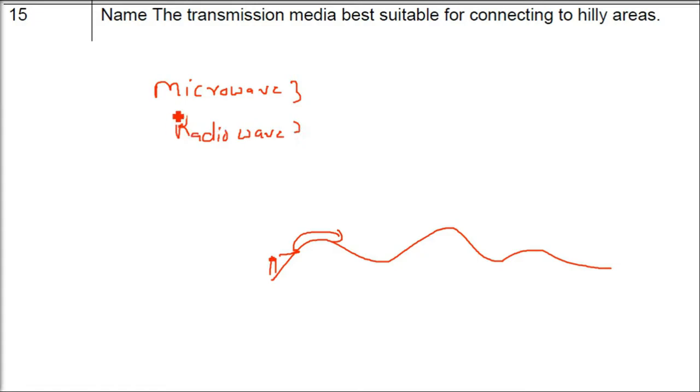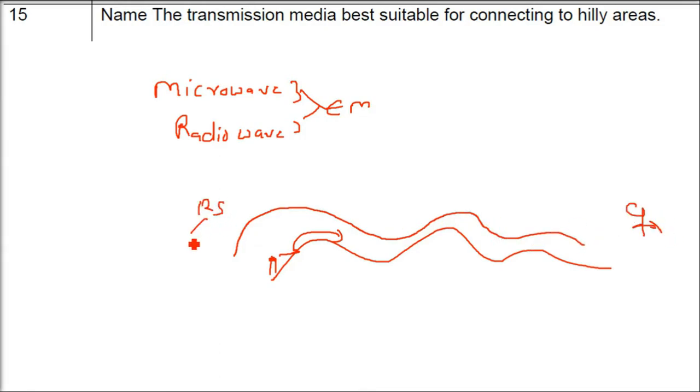Now the question will be, what are these? These are nothing but electromagnetic waves. They both are electromagnetic waves. The only difference is frequency and amplitude. Now the wavelength of a radio wave is quite high. If you are here and the radio station is even kilometers away, you can still hear the radio. This is basically the frequency.